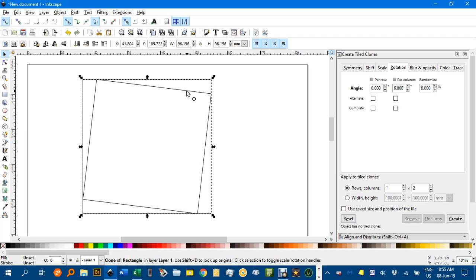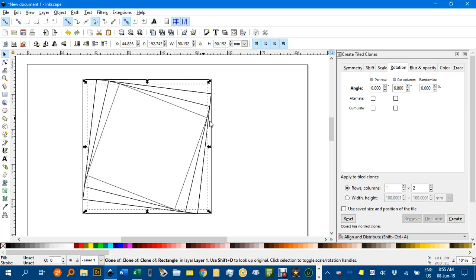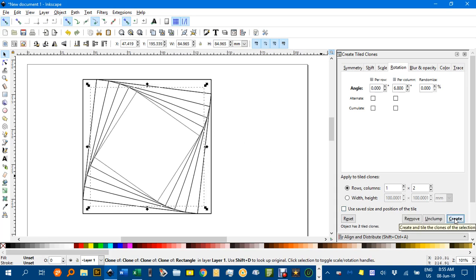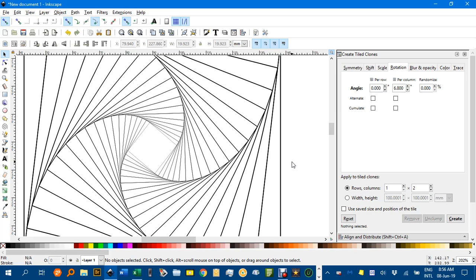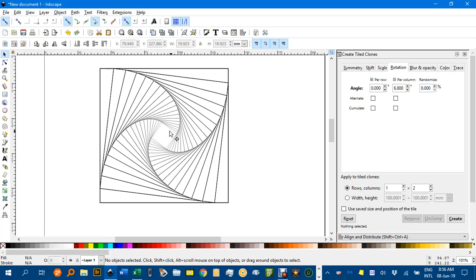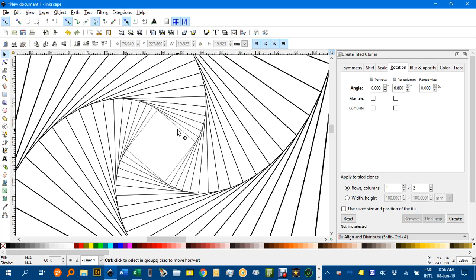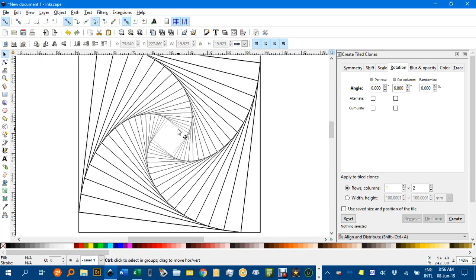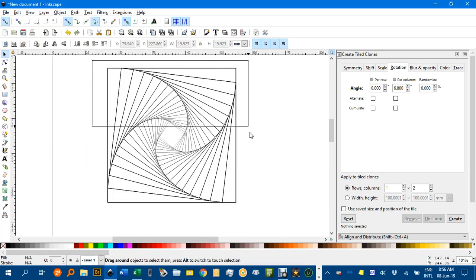Now we click on the inner one, it's the same bounding box, and click Create again. We keep selecting and creating till we build up the curve of pursuit. I'll pause and continue. You can see I've zoomed in there to do the last small squares, but here's a trick if you want to fill in the rest of the centre, or a fair bit of the rest of the centre. What you can do is just, actually before we do that, we'll unlink these clones because we want